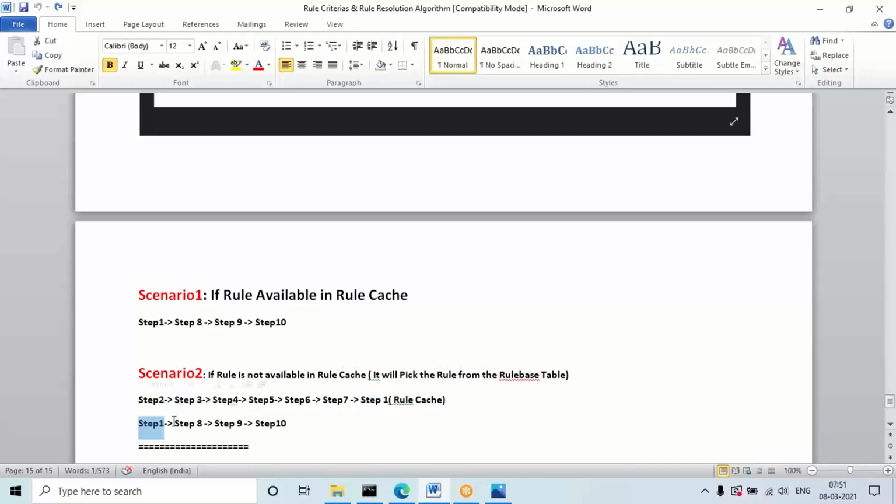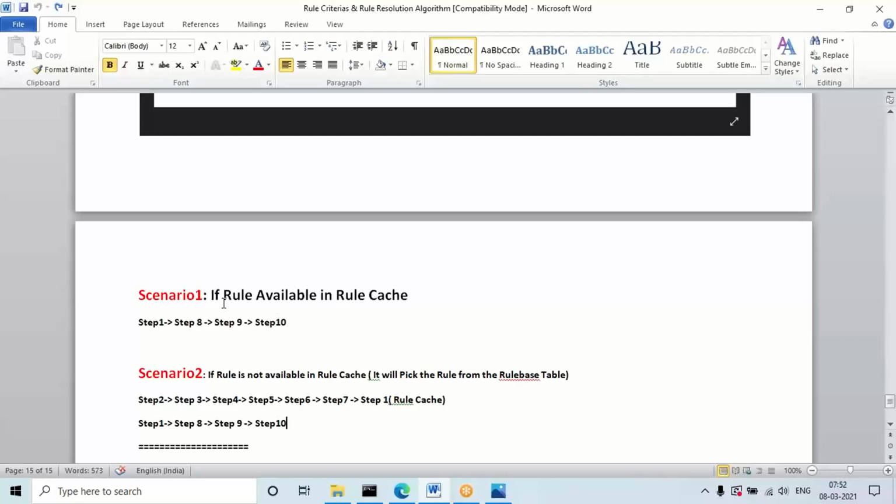Finally one rule will be filtered and it will add the rule to the cache. Then from the cache, it will pick from the rule-based table. From the rule cache it will pick and find the best instance, that is, it will check whether any duplicates are there or not. If no duplicates, it will check whether any blocked rules are there, and finally the rule will be available for usage. So like that in the application, if you are accessing any rule in the platform, these steps will be executed.